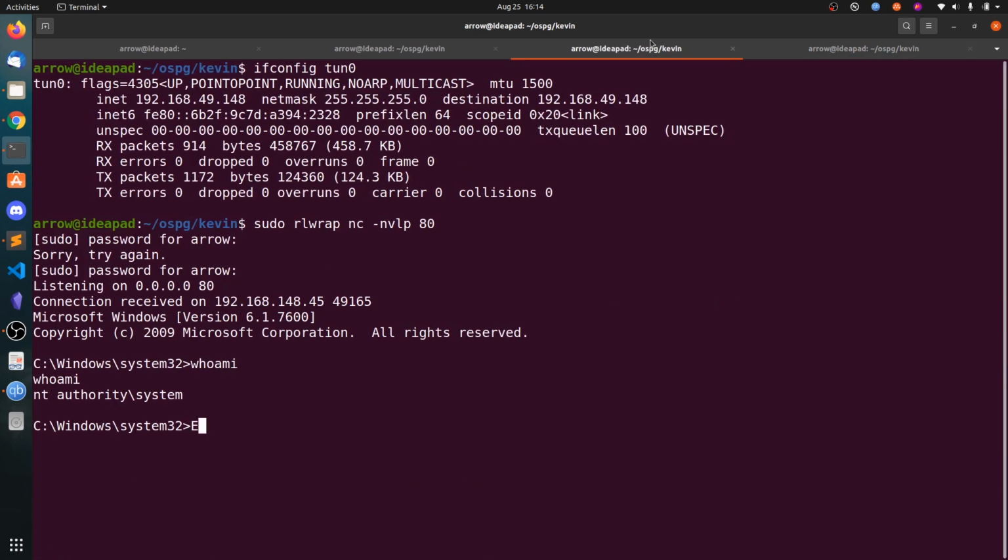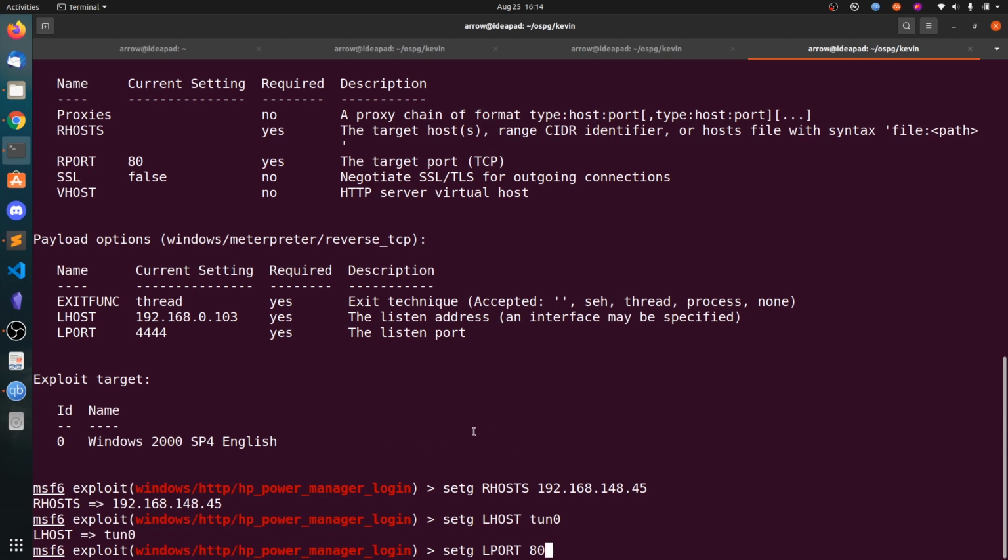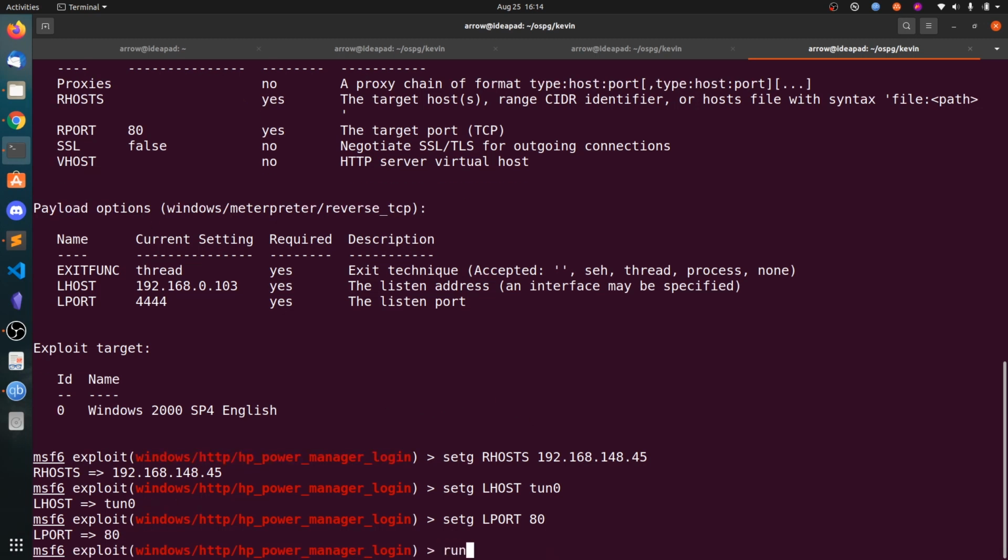I think we need to exit this one, so let's exit. Then this Metasploit can start the listening on port 80. Now run this.